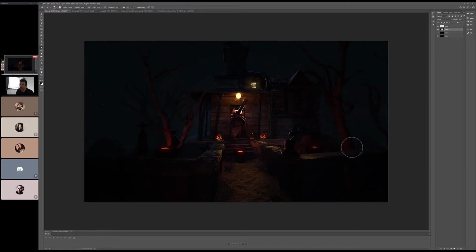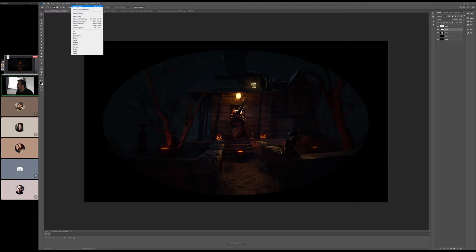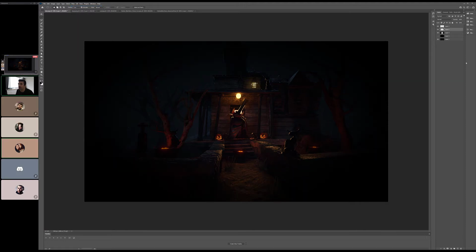And actually, what I would do in a situation like this is take this, do another one, and basically do the same thing, but darken the edges even more, just to get some falloff towards the edge. That's really allowing a lot of those edges to go dark. And then that's easy. I can do that in post. Now it's really focusing us in, and then in the center we can